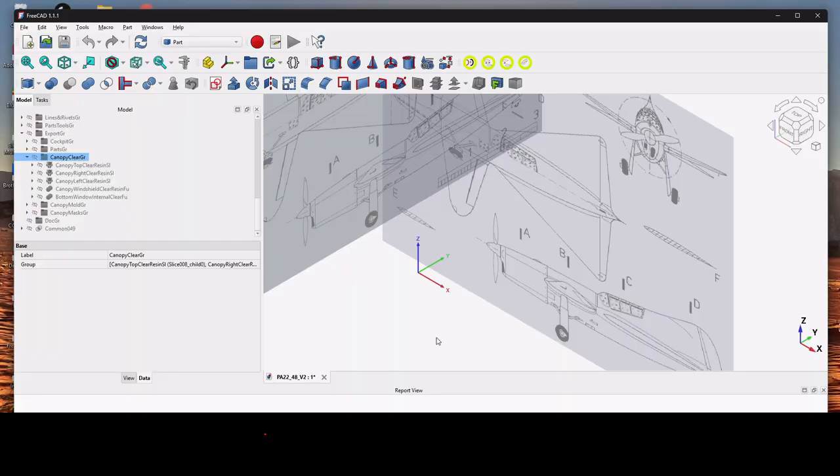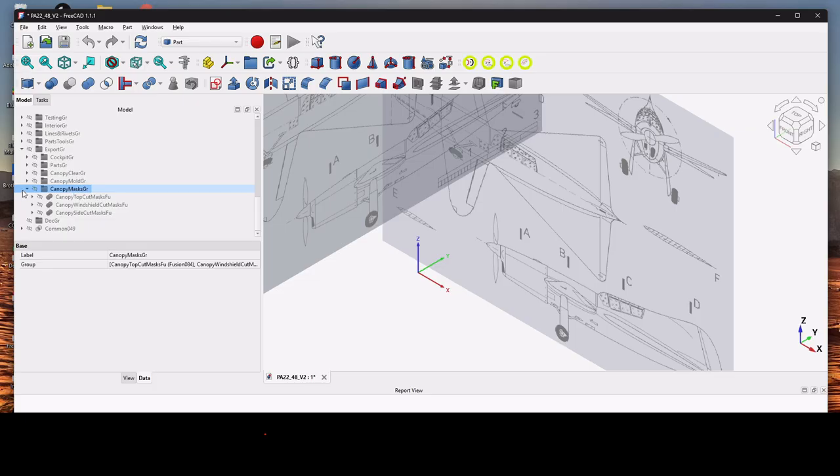Okay, for this session, we're going to spend a little bit of time on the canopies. As you can see here, I have three main sections to talk about canopies. First of all, the one describing what should be done in order to have the canopy using clear resin. The second one will be creating the molds for using thermoforming. And the last one, that I think could be used for both, will be the way to create the model that can be used in order to easily cut the masks